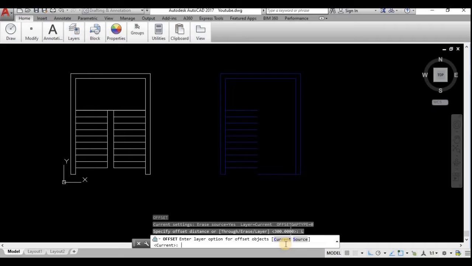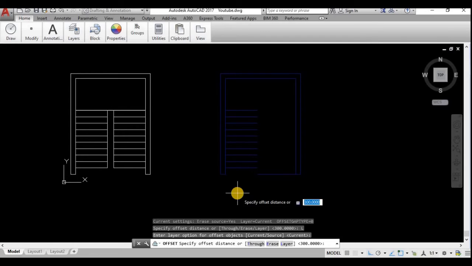Here there is one more thing, layer. Here there are two types. One is current, which is what usually works. Current means the layer I am using. Here I am using a blue color layer, this is layer 1. In layer 1, I have drawn with blue color lines. If it is source, it means the source which I have been selecting. Here everything is in blue color. This is the current layer that I have been using. We shall choose the source.